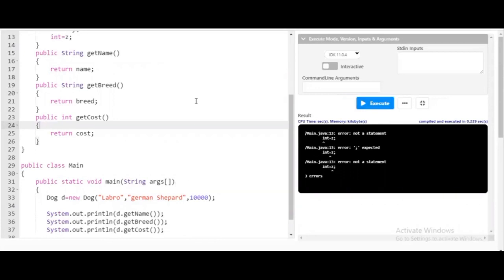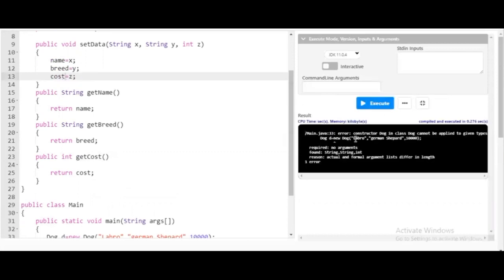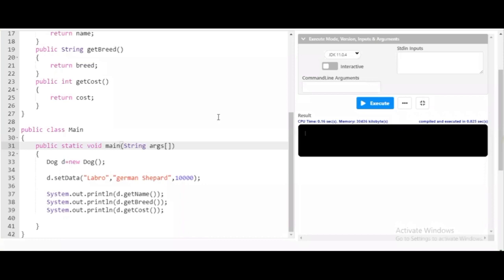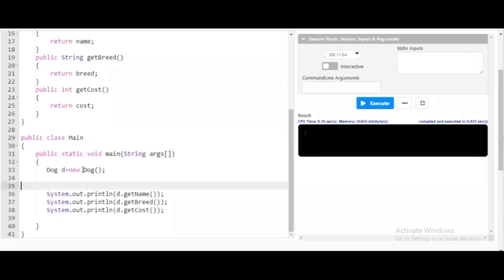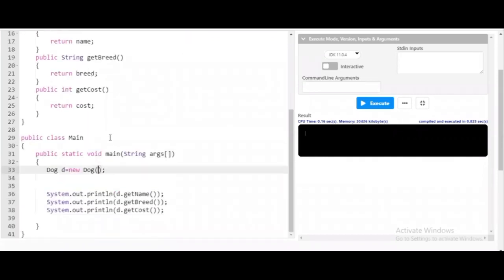It is showing a slight error, friends. Let me see where it went wrong. Oh, I'm sorry, friends. It's a small error. Let me fix it for you. Sorry, friends. Now you can clearly see here, I have made a slight mistake. Check this out. I have entered all the values of this name, breed inside this cost, like